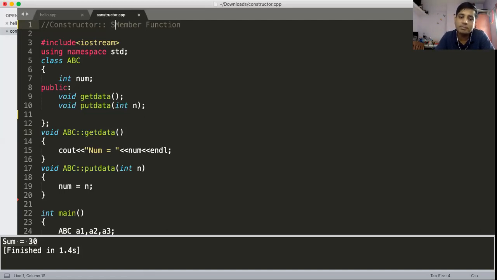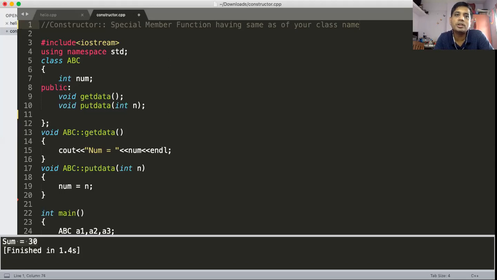It is known as a special member function. Why? What is the speciality? It is not a general member function like your get data and put data. It is a special member function. The speciality is having the same name as your class name.